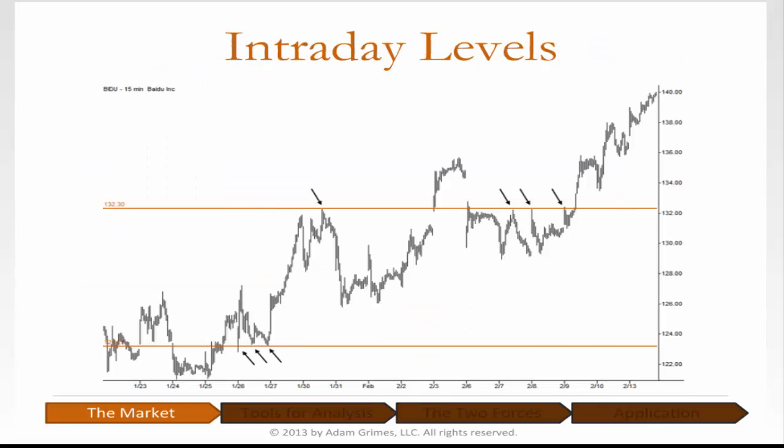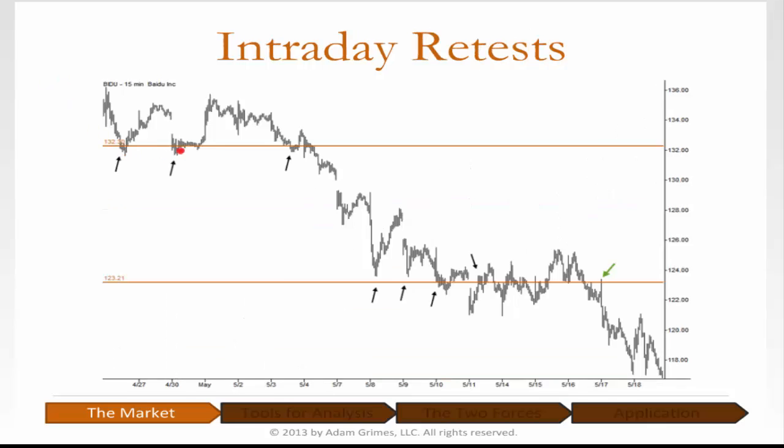And I just want to point out, I think I have a pointer here. Got it. Okay. So if you look at the arrows, you can just see where this level held as support. Price went up. Where did it stop? Predictably, the next level. We have a gap through the level, fails to hold above, multiple tests below, level is broken, and we are off to the races. Level holds as support. I've marked most of these with arrows. Notice what happens when the level breaks. Where does price stop? The next level.